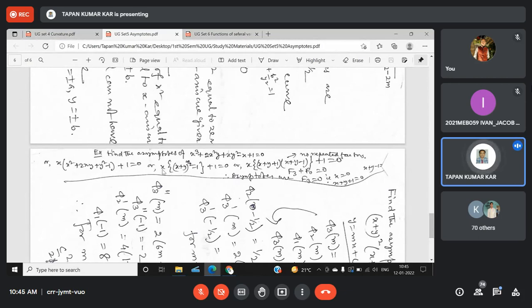So it is x into x plus y whole square minus 1, that is a square minus b square, x plus y minus 1, x plus y plus 1. Now it is written in this form, f3 plus f0 equal to 0. f3 means Fn plus Fn minus 2. Fn is the terms containing